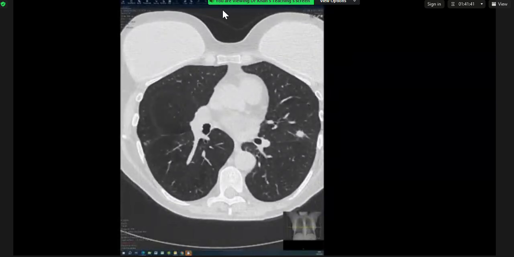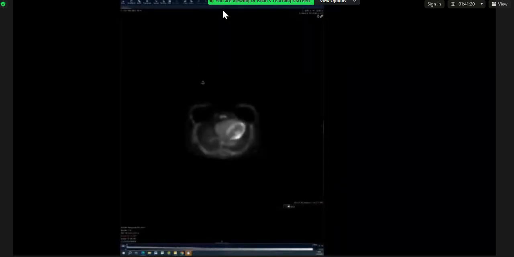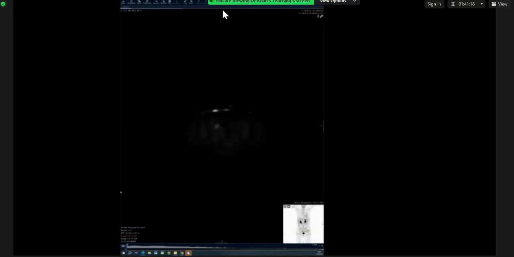Is there an abdomen-pelvis scan that I can look at to see if there's another primary elsewhere? Okay, so you want to exclude a hidden primary somewhere? Yes. Okay, let's assume there isn't any. I think we've done a PET scan, and there wasn't anything. Yeah, there wasn't anything. So if it's an isolated abnormality,